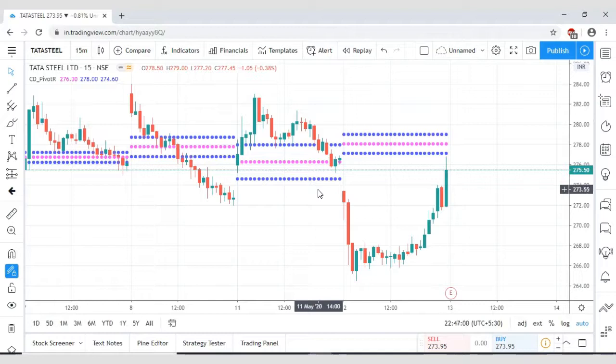And I want to keep telling you again and again, never depend upon only one concept or one thing. In the sense, try to learn these pivots and the CPR range perfectly, using candlesticks also. Understand? Knowing only one thing won't help you, and you need to learn the candlesticks and the price action. If you have these three things, then you can win more times and you can lose very few times. That's the game.